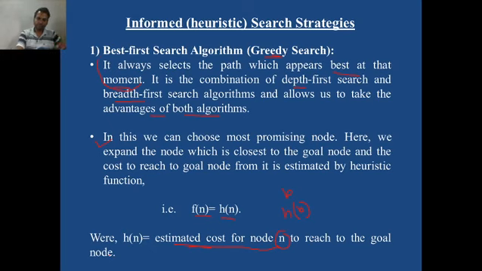So the heuristic cost is calculated for each node in the search tree. For example, if you have node A, then you need to calculate h of A, that means the heuristic cost of node A. In many cases, in the problem itself, all the heuristic costs associated with all the nodes are given initially, and based on those heuristic costs, we have to solve the problem with this algorithm.